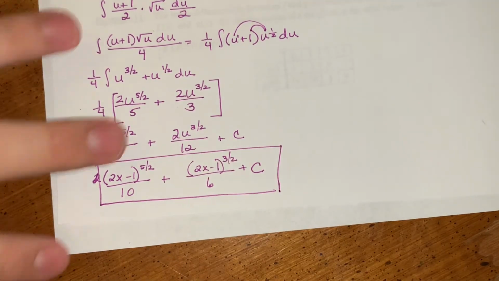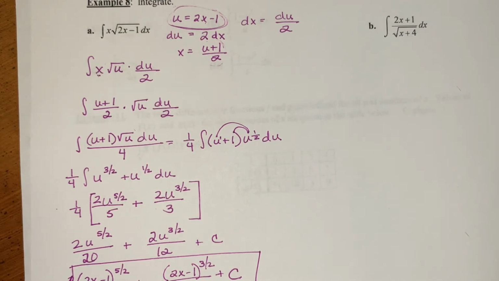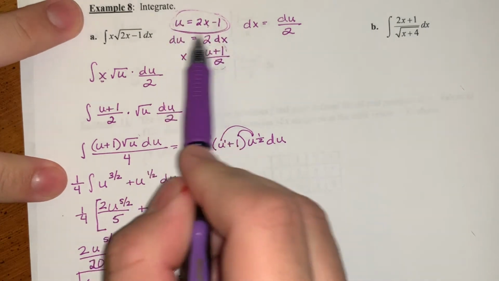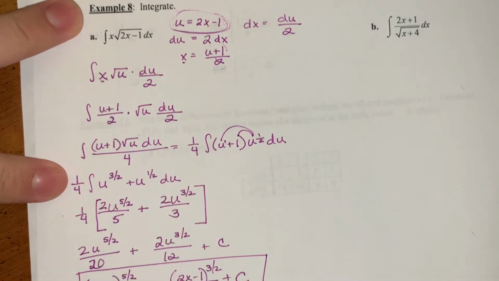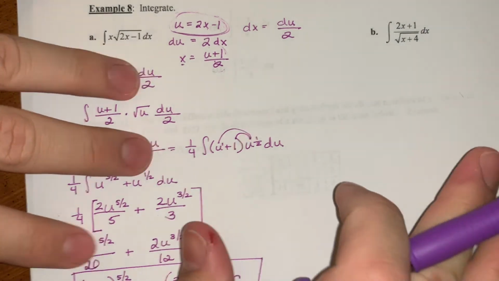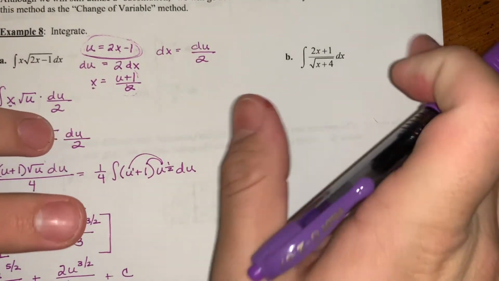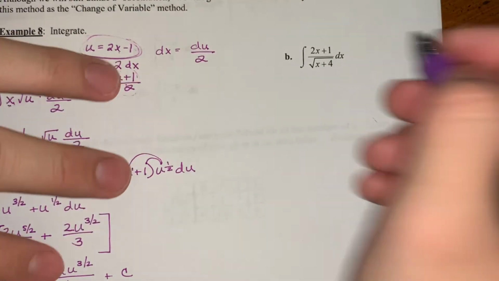That's as complicated as u substitution will get. It's actually not that bad. You just got to remember that sometimes you might have to manipulate your u equation to get x by itself and then substitute that back in for the remaining x that's left to cancel out. So again, I recommend you pause the video and try this one on your own. But I'll just assume you did that already. But anyways, so now we'll go ahead and